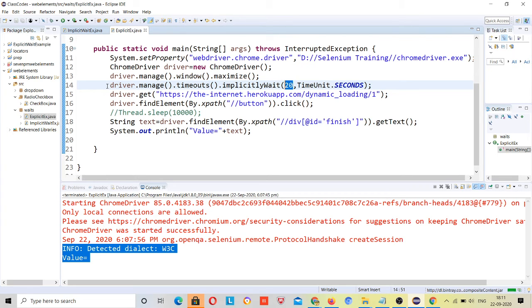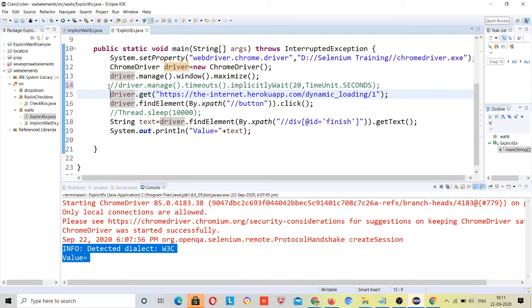This is not possible with the implicit wait, because implicit wait only looks for the DOM to be loaded. DOM means your particular element to be loaded, right? The element was already loaded, so it doesn't find any error with that, right? So for that we have particular conditions to apply with the explicit wait.